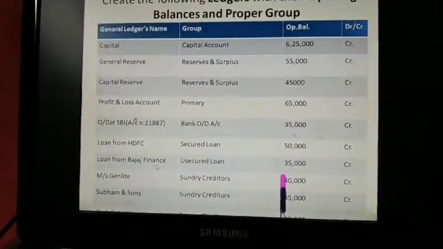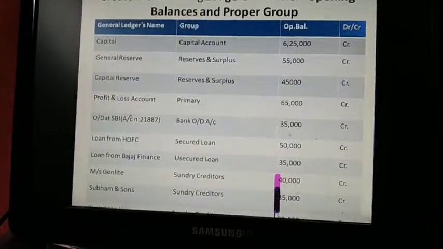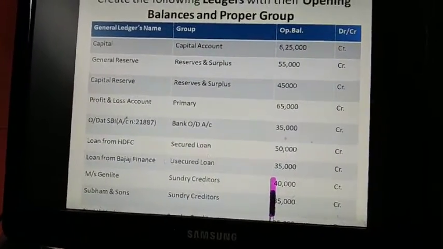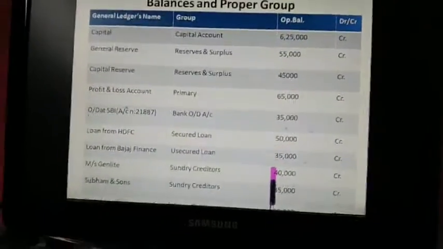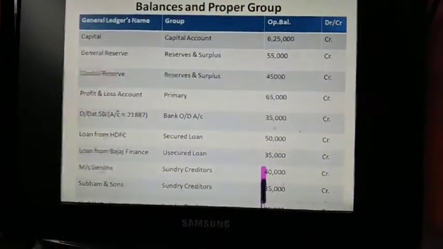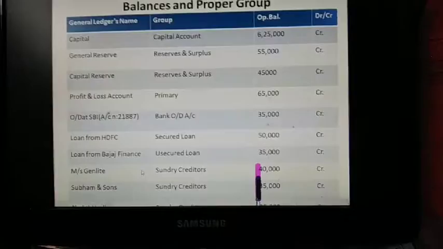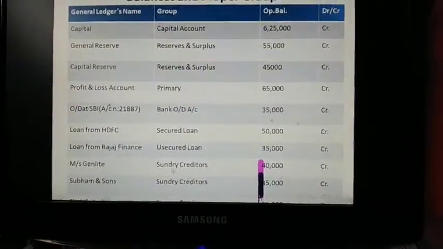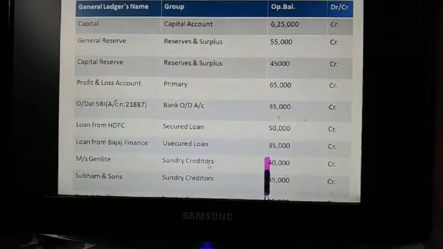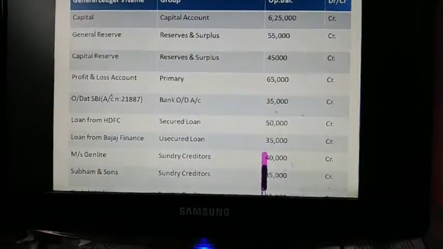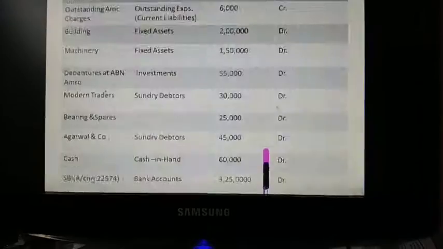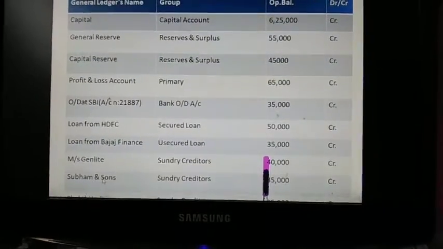Loan from Bajaj Finance, that is Unsecured Loan. Loans from a bank will be secured loans, but loans from another company, a finance company, will be unsecured loans, 35,000. Messers Genlite are the party, your suppliers. They are under the group of Sundry Creditors, having an opening balance of 40,000 credit balance. Shubham and Sons.